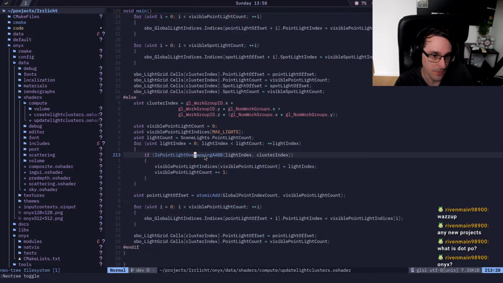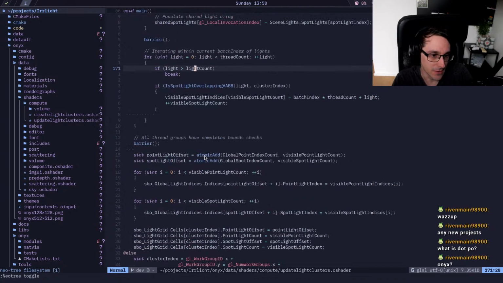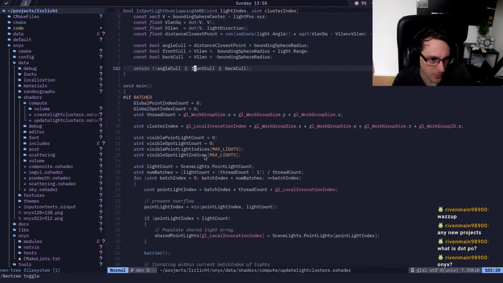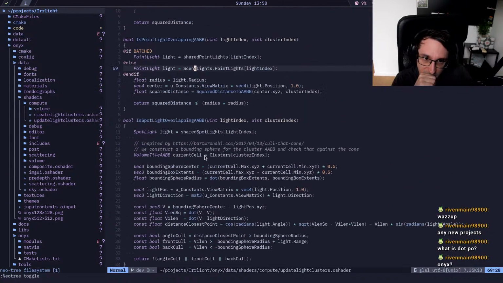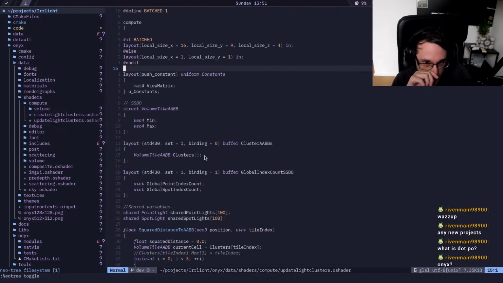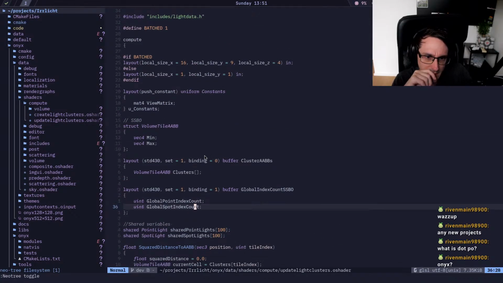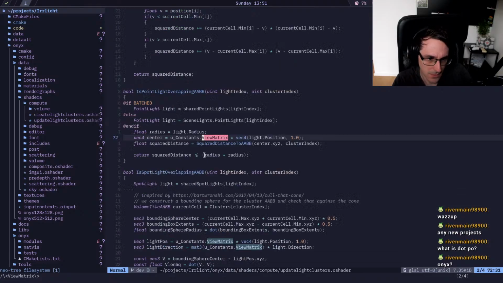But we can increase or lower that now a little bit more freely when we have the correct setup with that new buffer device address thing. But yeah, basically it would boil down to giving